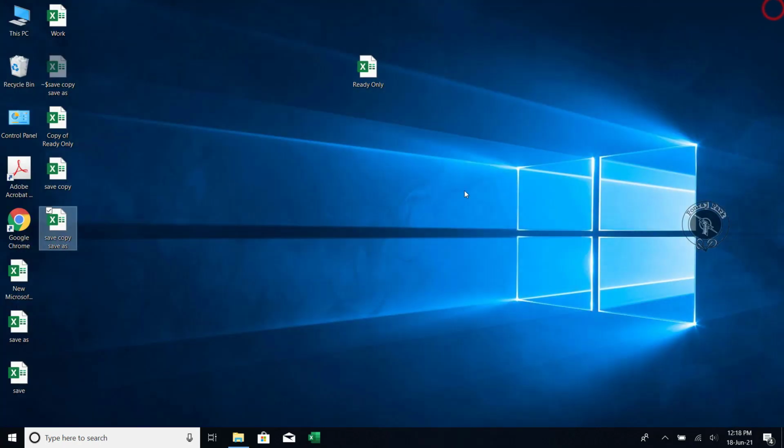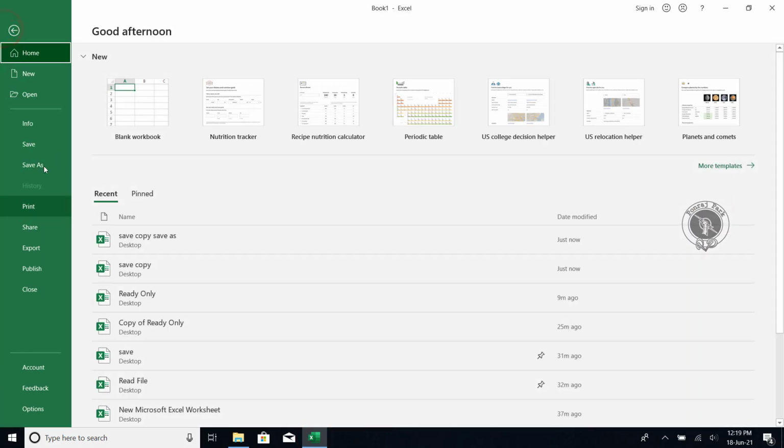Okay, so if you want to save a copy of a file, you have to use save as. So you have to remember it. Save means any document that you make changes to, you have to save that file. And for save as, you take an already saved file and create a copy of that file. If you want to create a copy of an already saved file, you can use that save as option. So there will be two files. Okay, if you use save as, it will save a copy of the existing saved file. So this is save and save as.